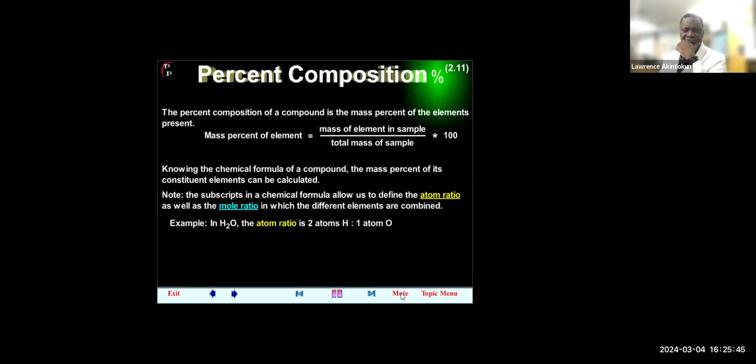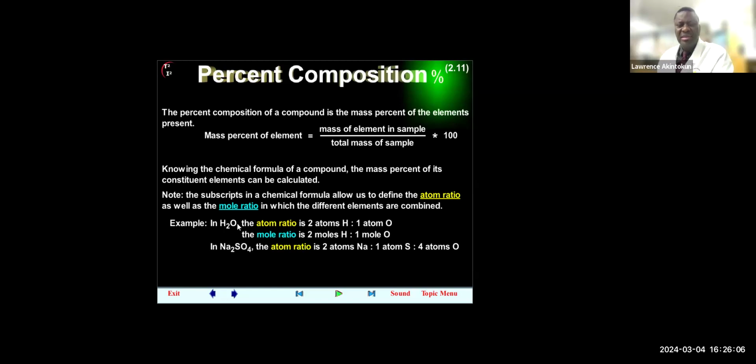Example, in H2O, the atom ratio is 2 atoms H to 1 atom O. Now, the 2 under the hydrogen is called a subscript. So in this case, we have 2 atoms of hydrogen to 1 atom of oxygen. Now, if you don't have any subscript on the element, it shows it's just 1. In the case of sodium sulfate, Na2SO4, here you have 2 atoms of sodium, 1 atom of sulfur, and